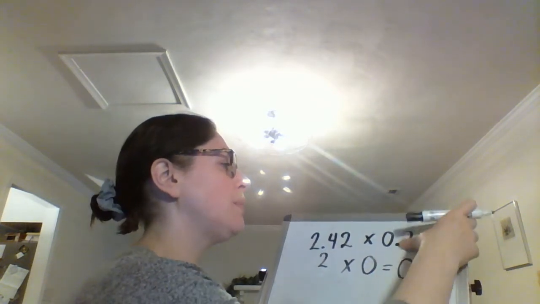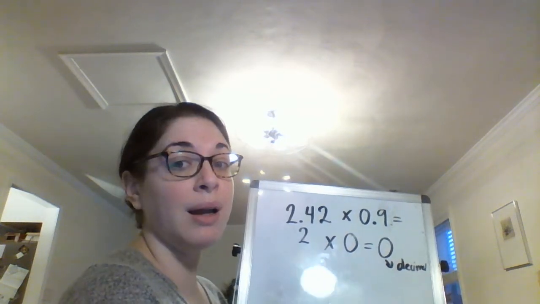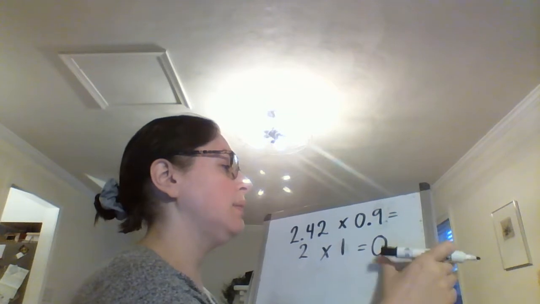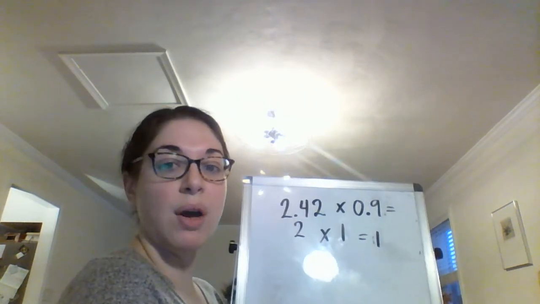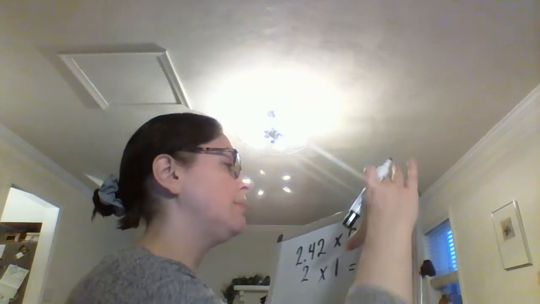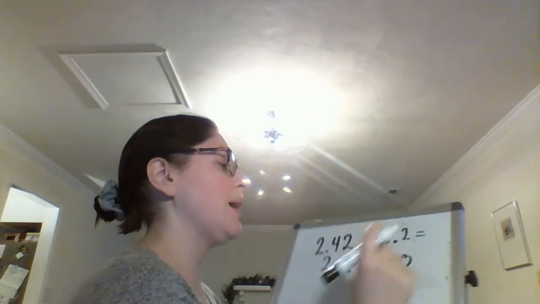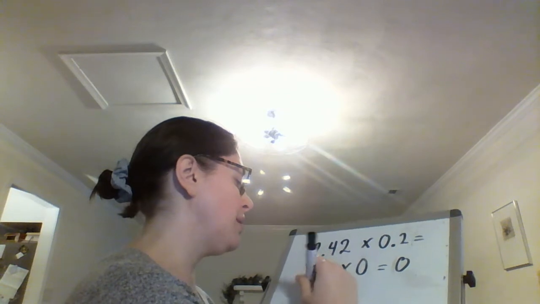If instead my answer was times 0.9, that would have rounded to 1. And my answer would have been that my answer is going to be close to 1. So you guys see the difference there, but that's not what it is. It's times 0.2. So my estimate is that I'm going to have a decimal because my estimate is close to 0. So now I'm going to do the problem and I'm going to pretend like